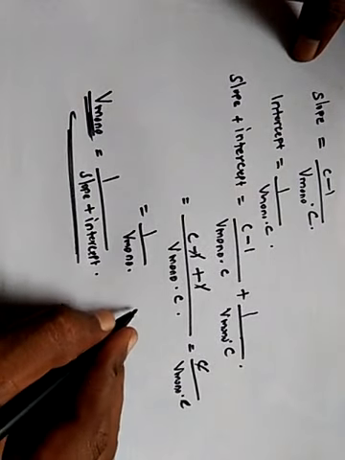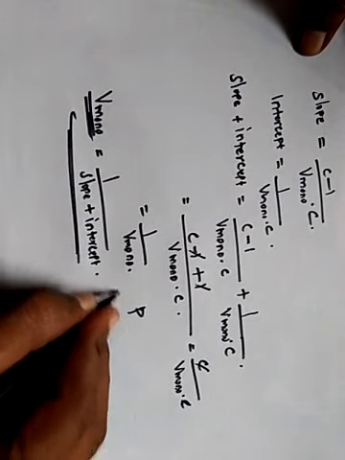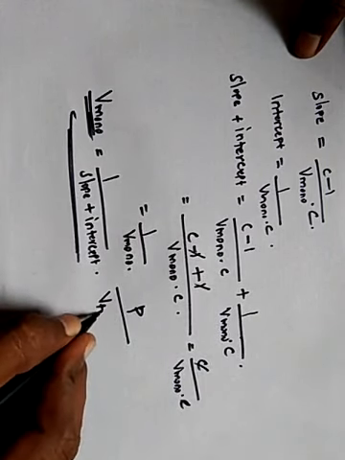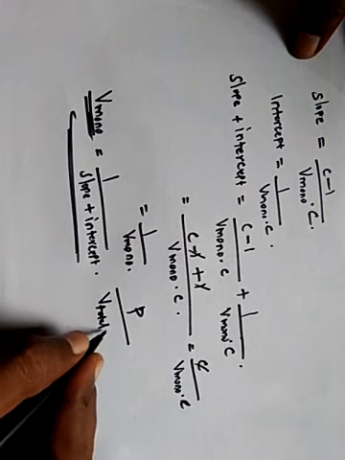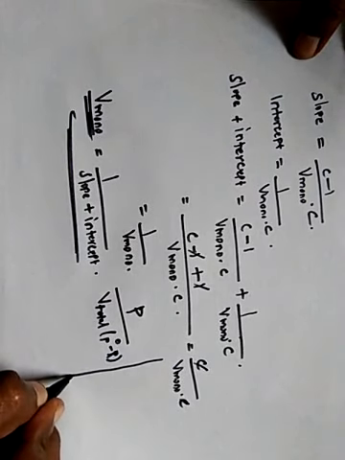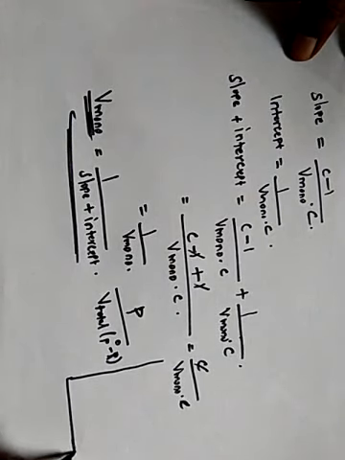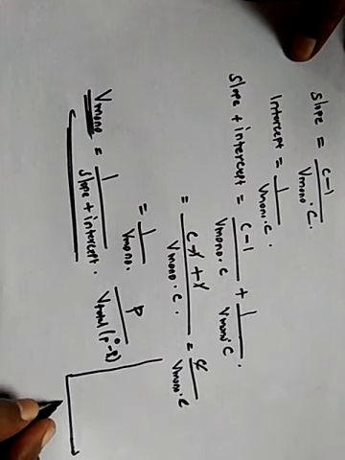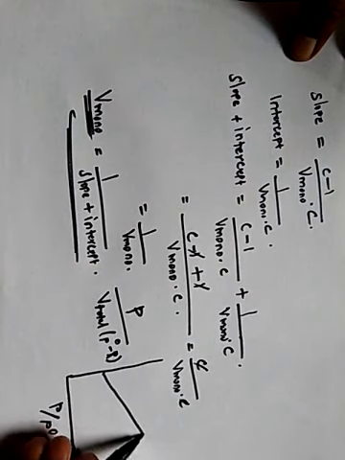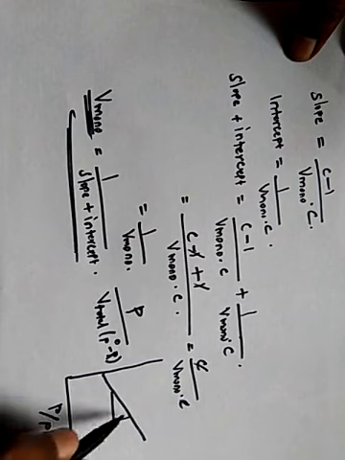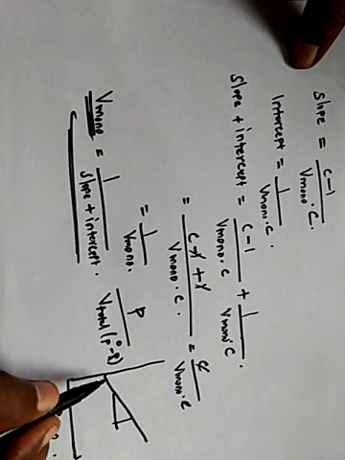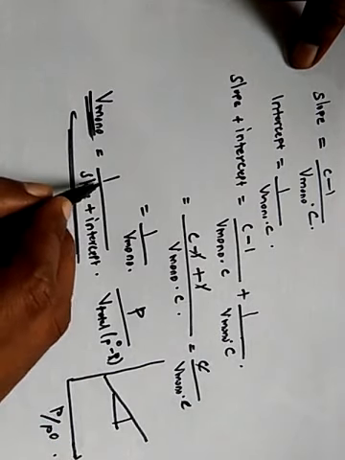You perform the experiment, and you find out the P and V total, P naught minus P, and you find out this, and then plot it on the y-axis, and on the x-axis you plot P divided by P naught. You'll get a straight line, and you find out the slope and the intercept for the straight line. You add slope and intercept, and you take the inverse,